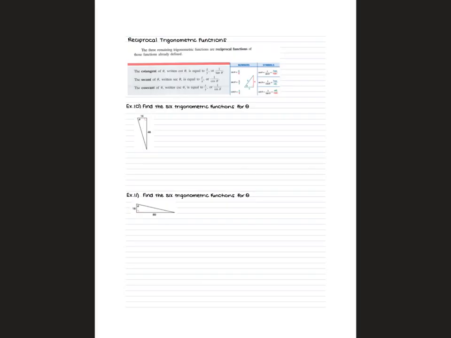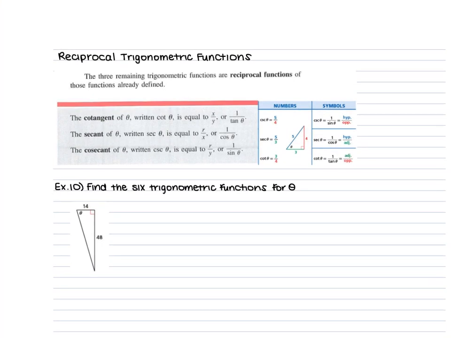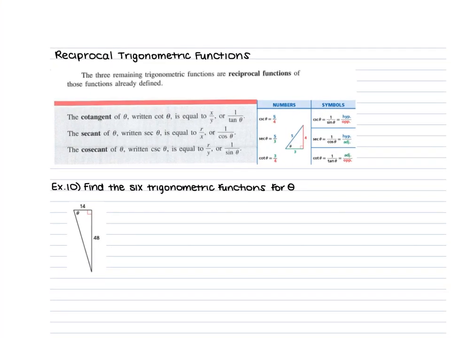Okay. So for our next part, we are dealing with reciprocal trigonometric functions. Reciprocal trigonometric functions are just cotangent, secant, and cosecant. Your cosecant is the reciprocal of sine. So instead of it being your y over r, you're going to do r over y,